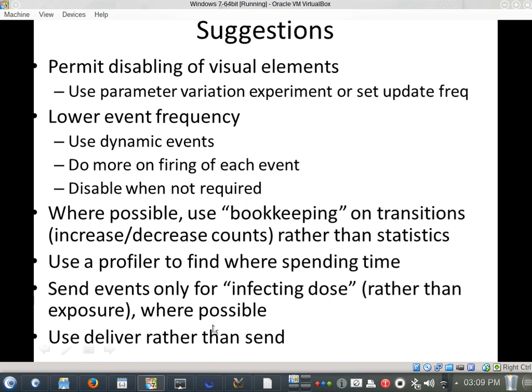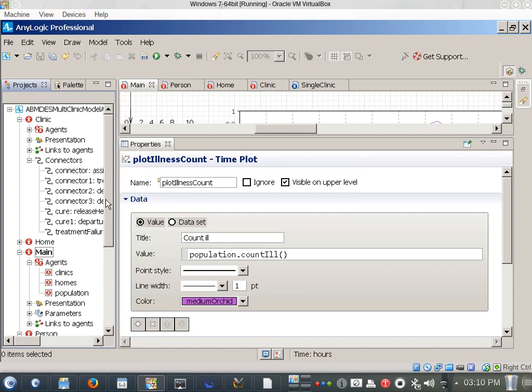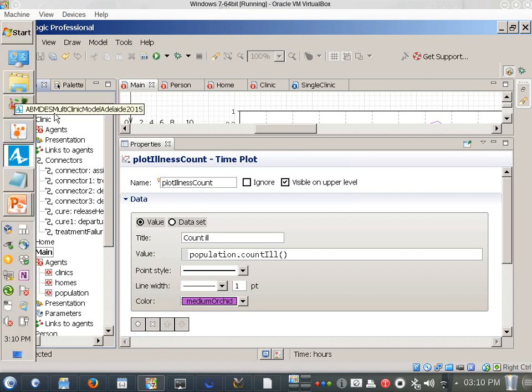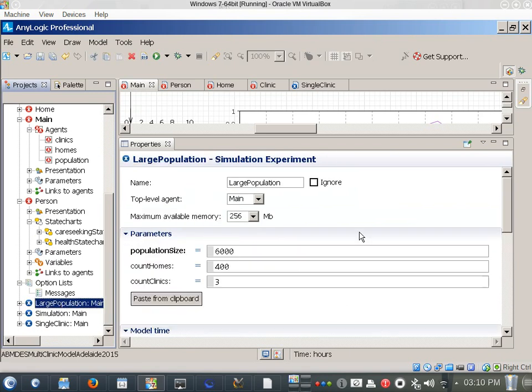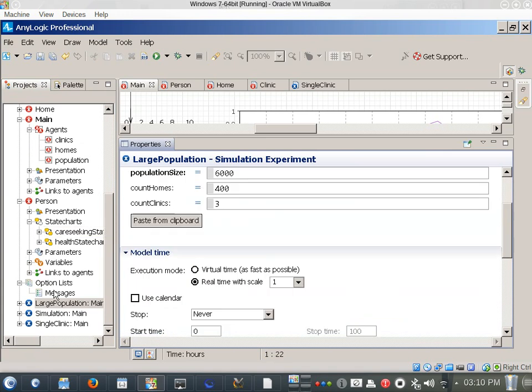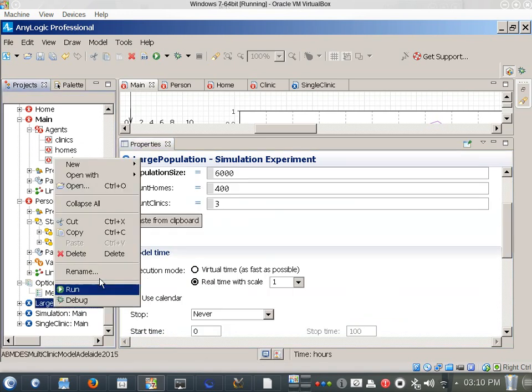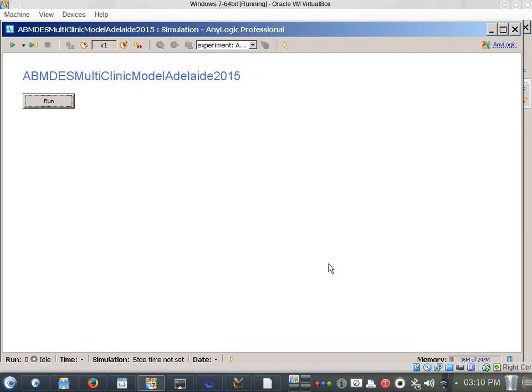Now, I wanted to highlight this one about the profiler, okay, because there was some interest in it expressed. I'd like to take this model that we've built, and I'm going to go examine it for a case where we have no stop time. So you'll notice it's stop time never, rather than a fixed stop time. And I'm going to run this with a large population. Okay? People okay with that? So what I'll do is